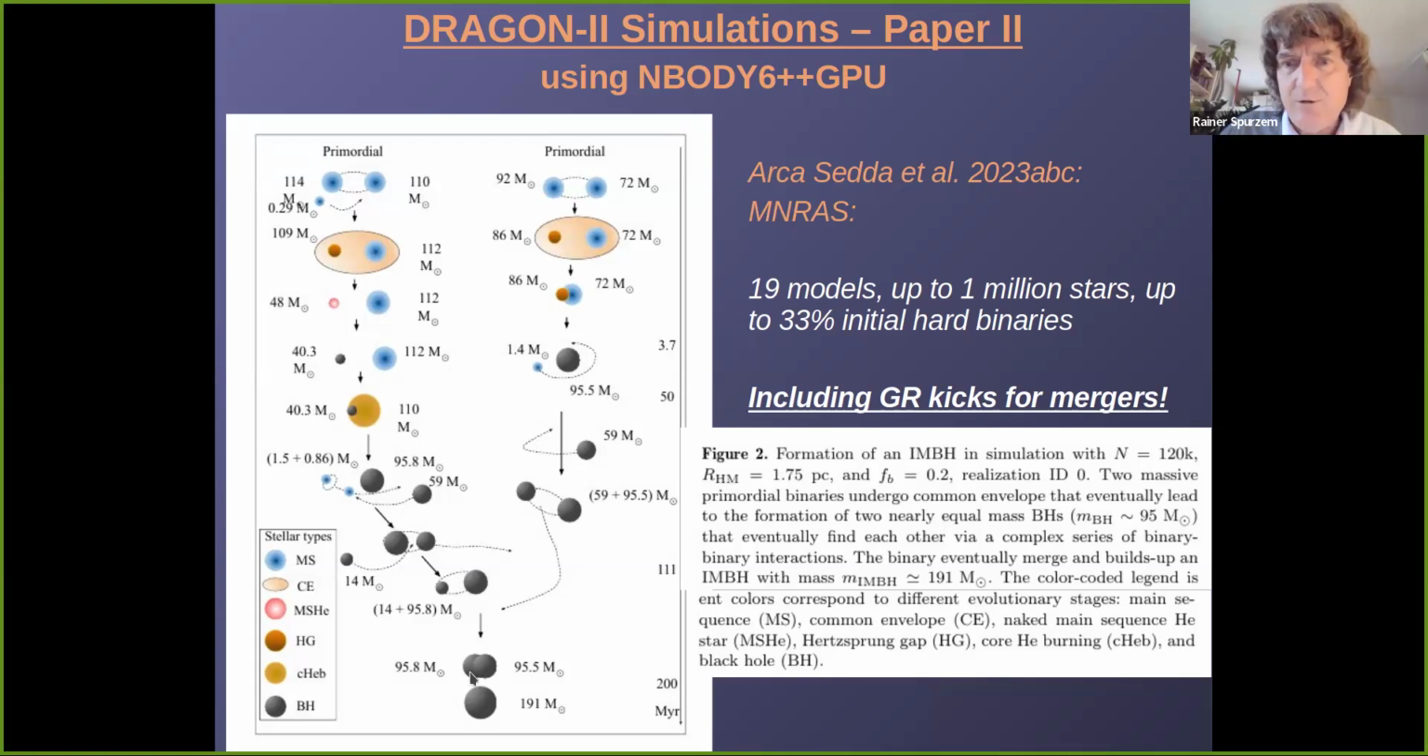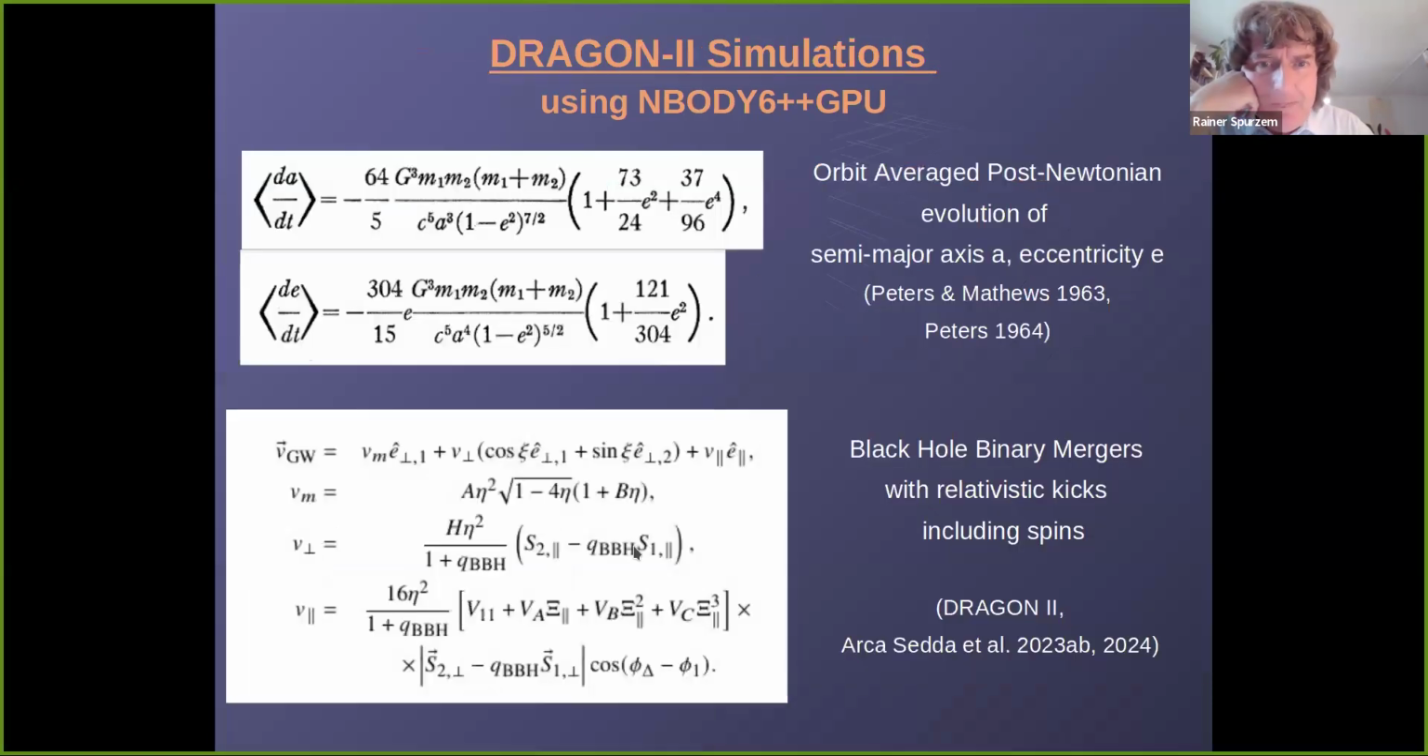This object was selected to be most closely to the most massive LIGO-Virgo merger. Yeah, 95 and 95 give 191. So this is for us no surprise. We can get such massive objects in our simulations. And here are actually the formulas used on the bottom, the formulas used for the